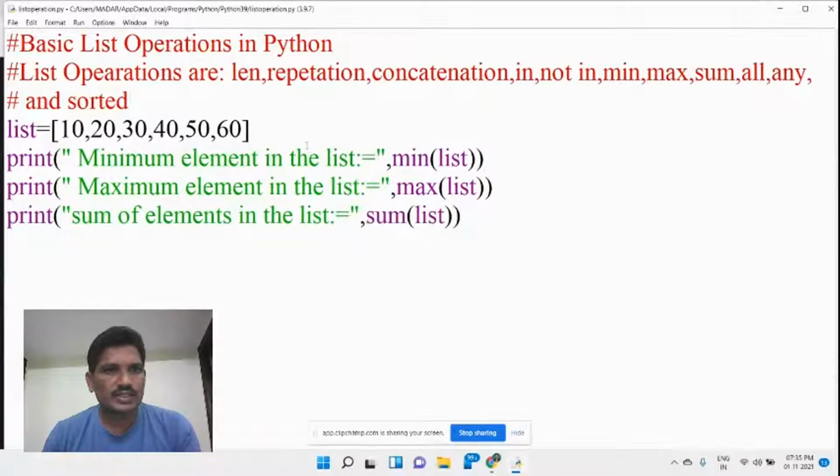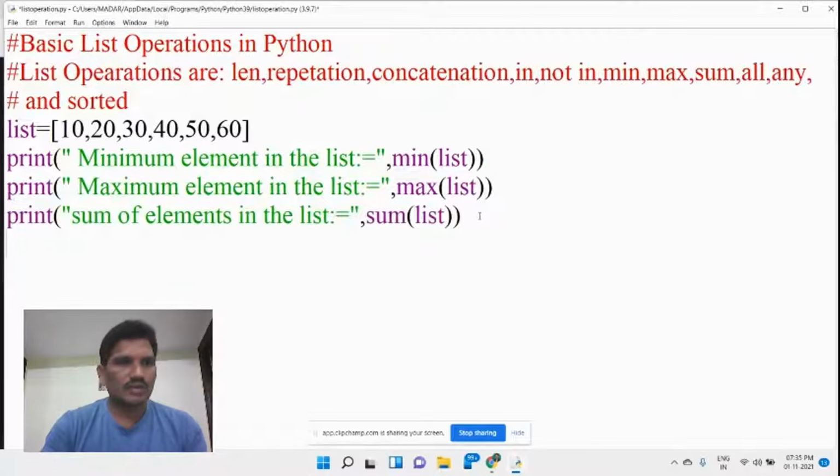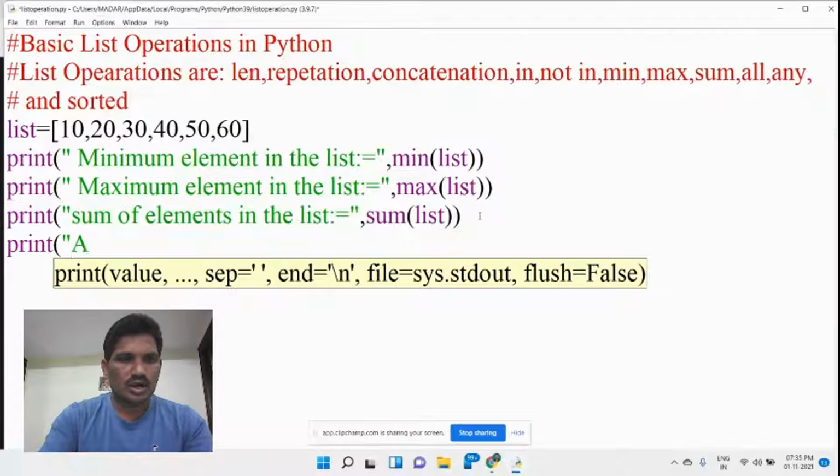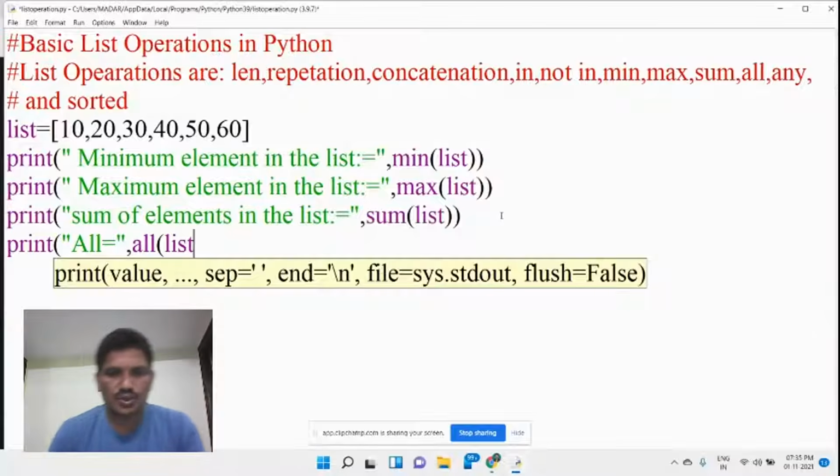Here 10, 20, 30, 40, 50 has been given. What is the statement you should write? Print all of the list, whether it returns true or false.